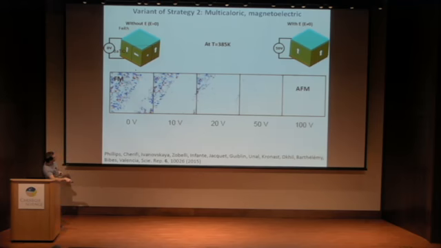So the idea is to use exactly this property. We start at a given temperature, this one, at 0 volt. We don't apply any electric field, and we are in this ferromagnetic state. These are XMCD measurements, and the colors here are an indication of the ferromagnetic state. When you apply the voltage, you see that we enter the antiferromagnetic state. It means that we just modify the critical temperature of the magnetic state by applying the electric field. And then we use exactly this to do that.